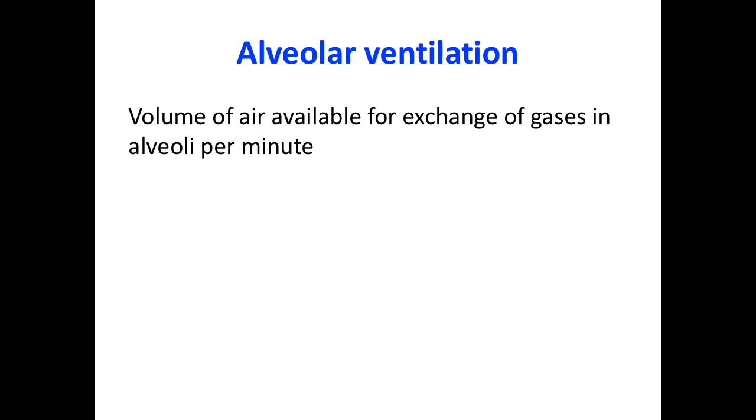Now in the functional anatomy of the respiratory tract, we discussed that the respiratory tract is basically divided into two parts, the conducting zone and the exchange zone. The conducting zone only conducts air from the atmosphere or from one part of the lung to another, while the actual exchange of gas takes place only in the alveoli, that is from zone number 17 to 23.